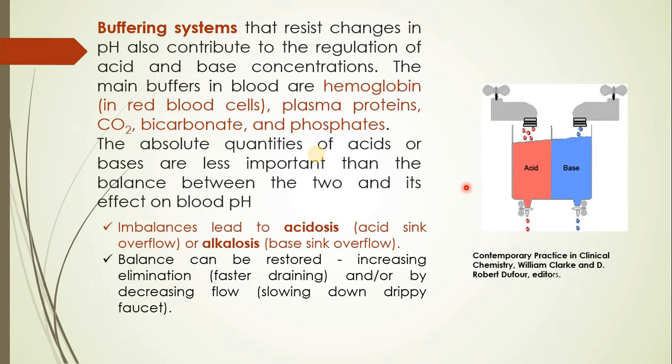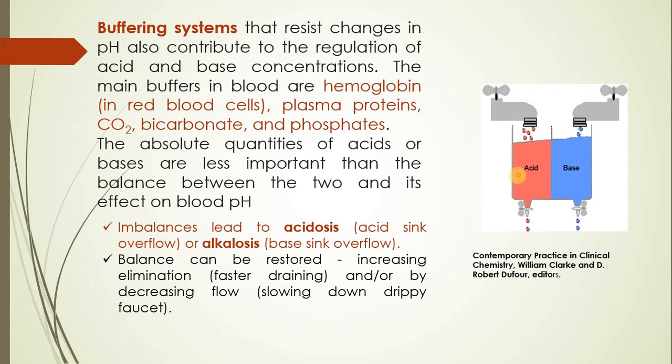Now, to understand the buffering system in the body, let me take a pictorial example. You can see here a biological system which is bifurcated into two sides. The first column defines the acidity, whereas the second column defines the basicity. Don't concentrate on the lower side of the picture. Just say that if there is continuous addition of acid or base to the system, what will happen? There will be an increase in acidity or an increase in alkalinity, right?